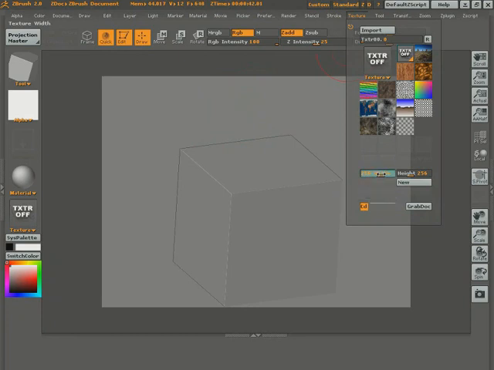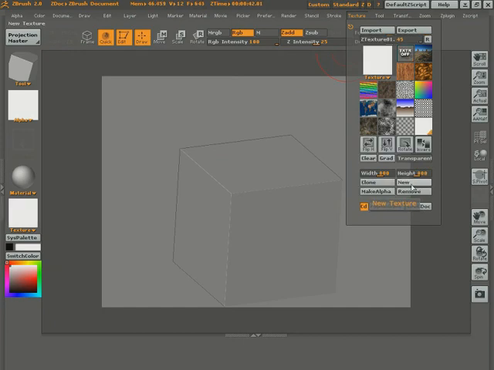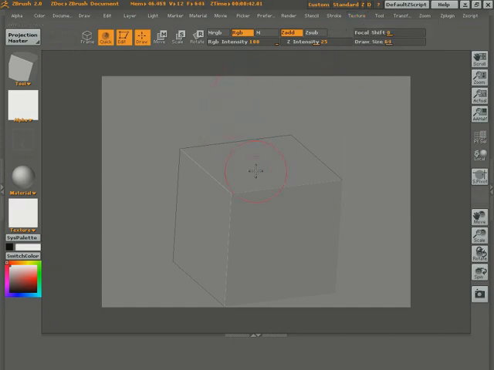In case I was working on a character, I would set it to around 4000 by 4000 and even more. And I would click on New. So now I have a blank texture that I can paint with. Now the thing with ZBrush is that when you paint the way I am now, I have to paint on the vertices. So if I go over here, I cannot paint, although I have my